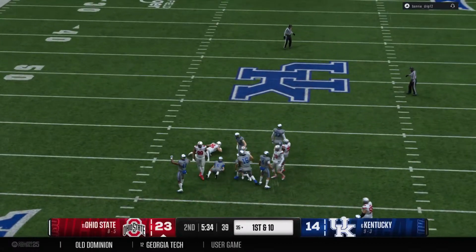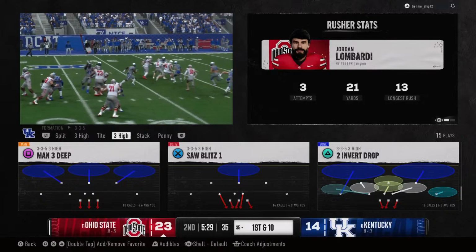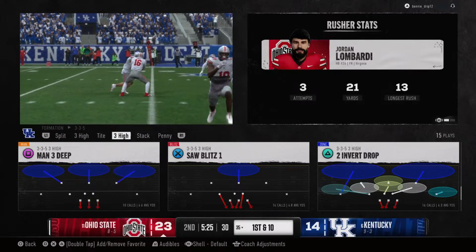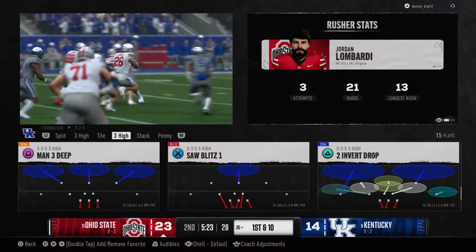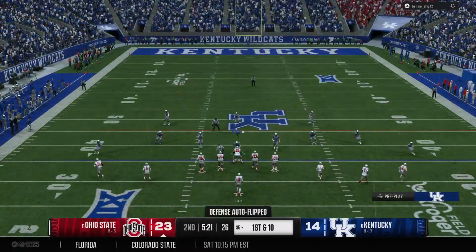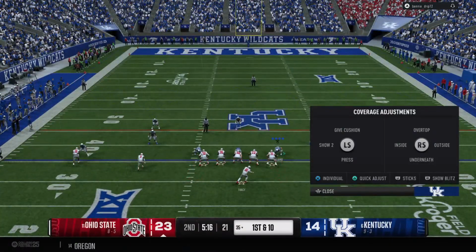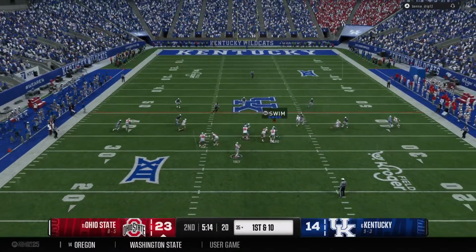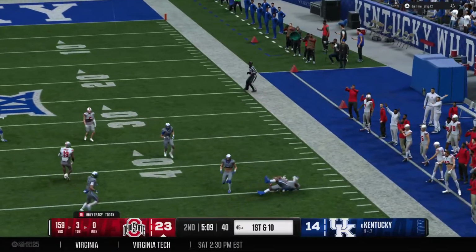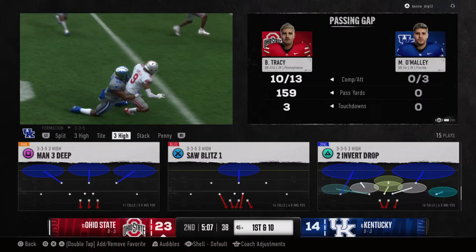They bring him down, but the drive has now reached the 35. How about the offensive line here? Just a hat on a hat, opening up just enough room for the back to squeeze through there for a nice gain. First down and 10 now. Quarterback sets up, looking for an open man. Throws it to the right. He makes the grab. Tackle, but not before he gets into enemy territory at the 45.